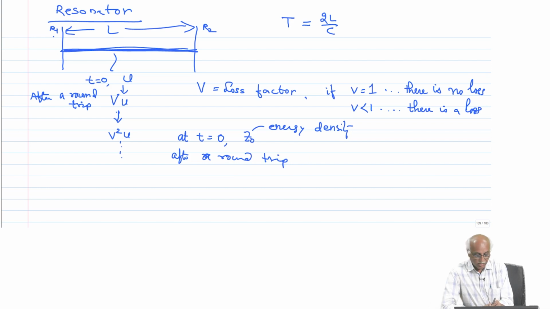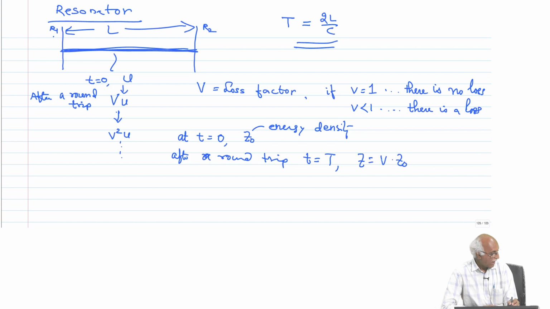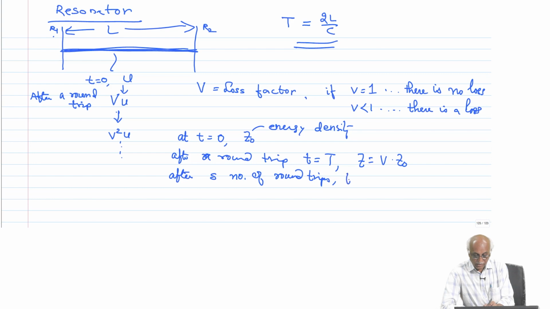After a round trip, that means t equal to T, Z will become V into Z0. After S number of round trips, where t equal to S times T,